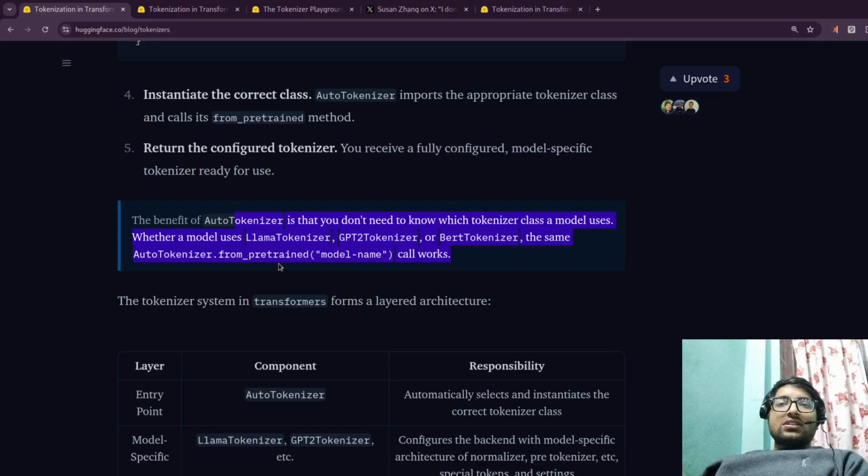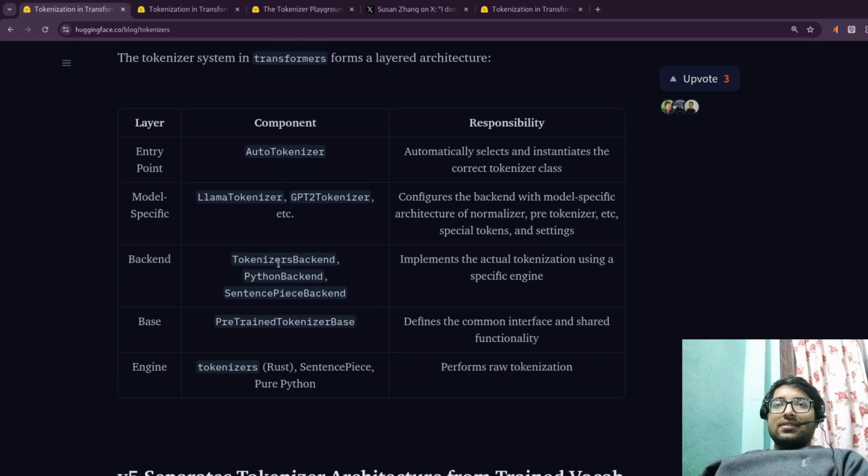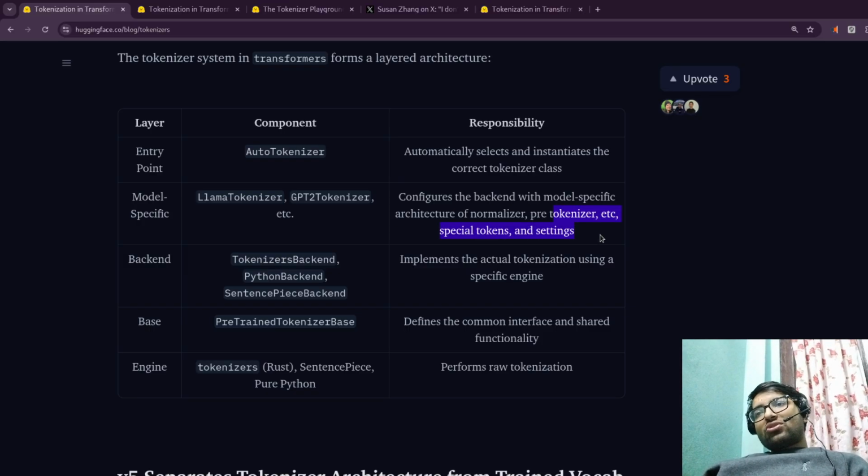The tokenizer system in Transformers forms a layered architecture. Here are the layer, component, and responsibility. Input entry point: AutoTokenizer automatically selects and instantiates the correct tokenizer class. Model-specific: the Llama tokenizer and GPT-2 tokenizer configure the backend with the model-specific architecture, normalizer, pre-tokenizer, special tokens, and settings. Backend: the tokenizers backend, Python backend, and